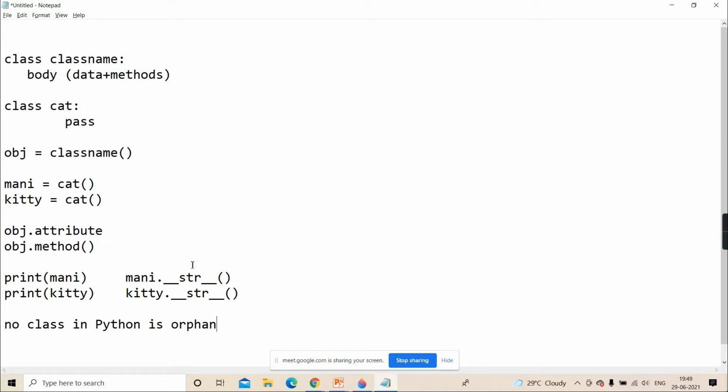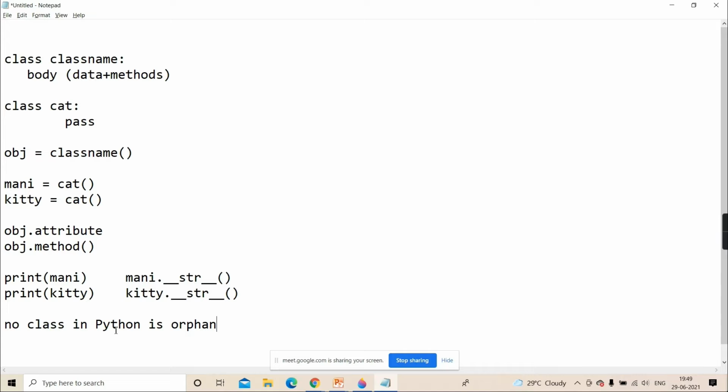Yes or no? Orphan means without a parent. A child who does not have a parent is called an orphan child. Right? This is a common English word. So any child who doesn't have a parent is called an orphan. But no class will be an orphan in Python.